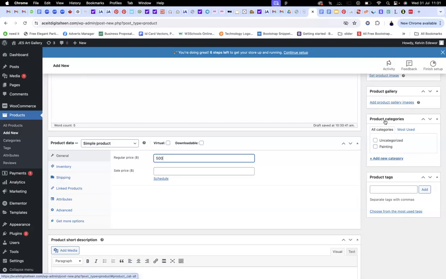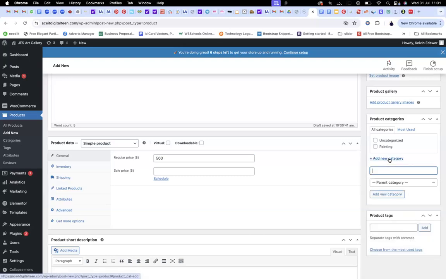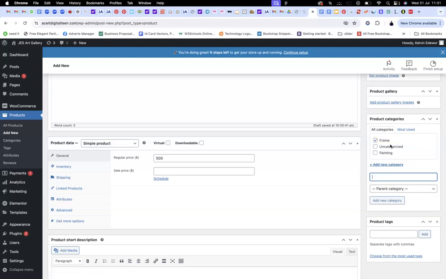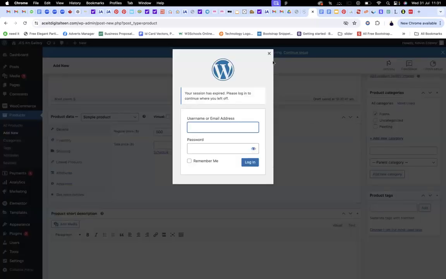So let's call this category frames. So I'll click on this part where you see category. I'll come to add new category. I can call it a frame. Okay, and I'll press enter on my keyboard and automatically it just creates that, right? Oh,